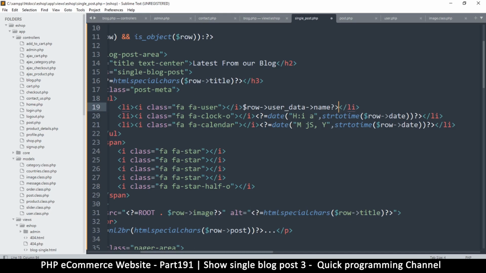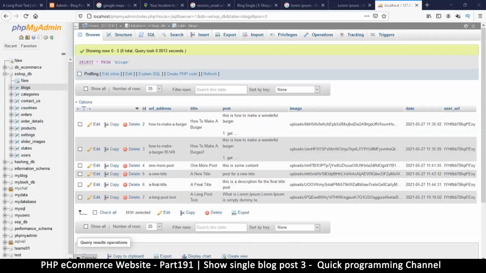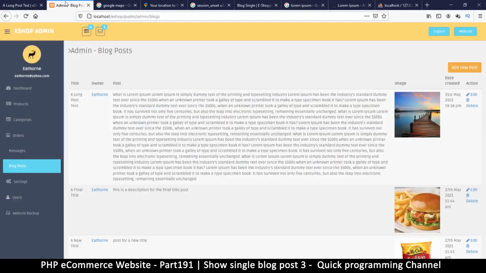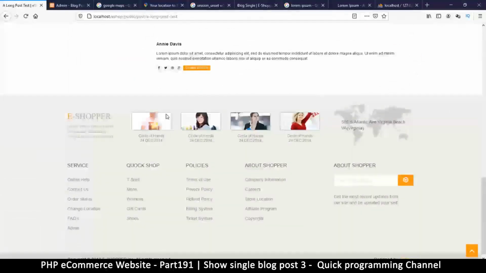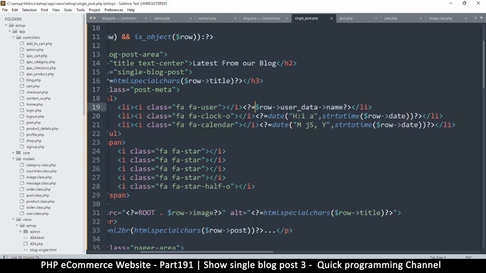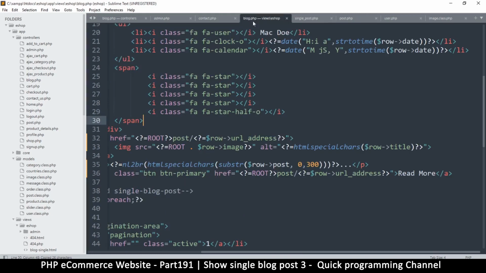And let me close that PHP and open it here with an equal sign like so. That should be enough. Let's come back here and refresh. Okay, so as you can see now we have the author over there. Very nice. Then I will copy this and paste it inside the blog view